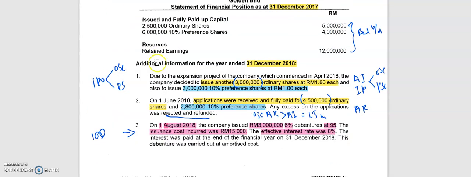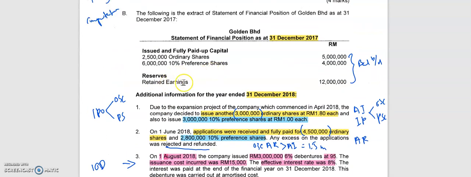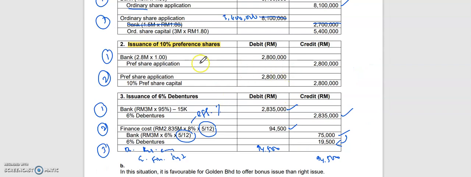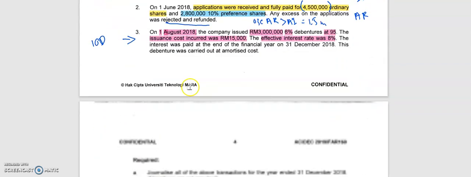If the question uses retained earning, then you use retained earning. If the question uses retained profit, then mention it as retained profit. We don't use opening in this case since the retained earning amount is given. Alright, so that's all about the computation. Okay, don't forget, we have another